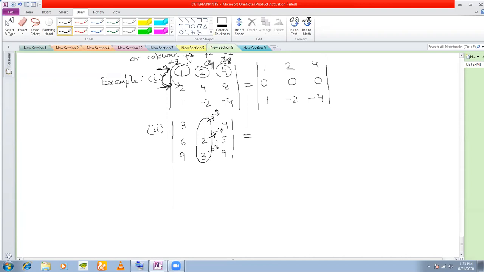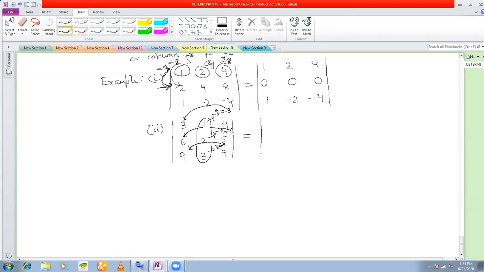Okay, in my mind, I'm multiplying. And what am I getting? I'm getting minus 3 here. I'm getting minus 6 here. And I'm getting minus 9 here. Now what I do is I add all the elements of this column to this column. That is minus 3 to 3, minus 6 to 6, and minus 9 to 9.